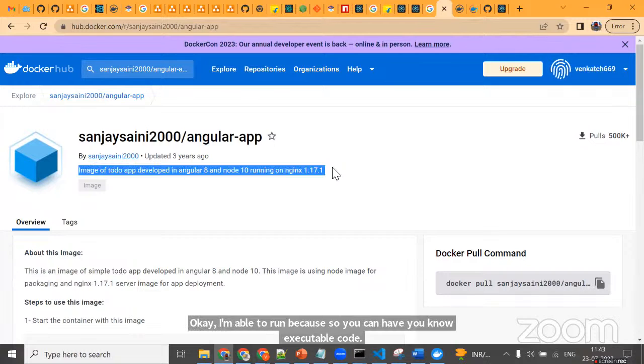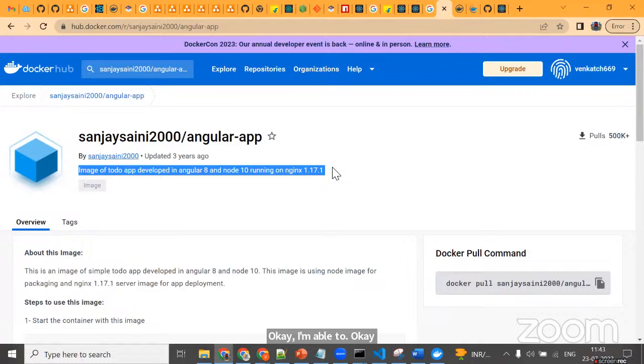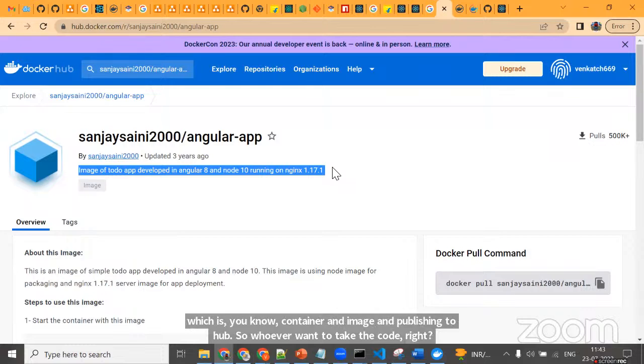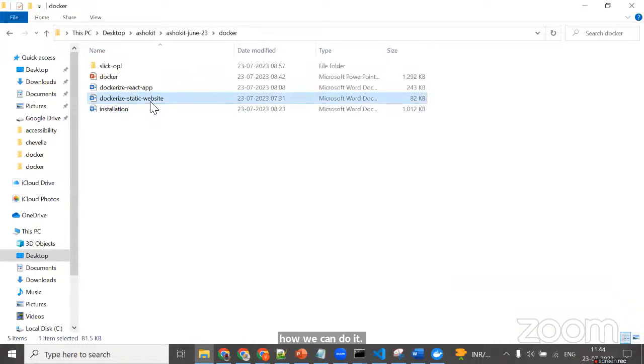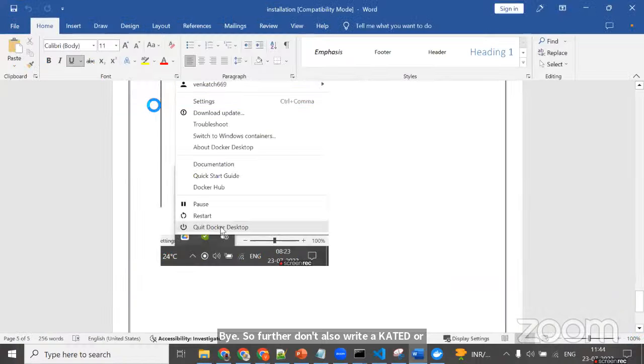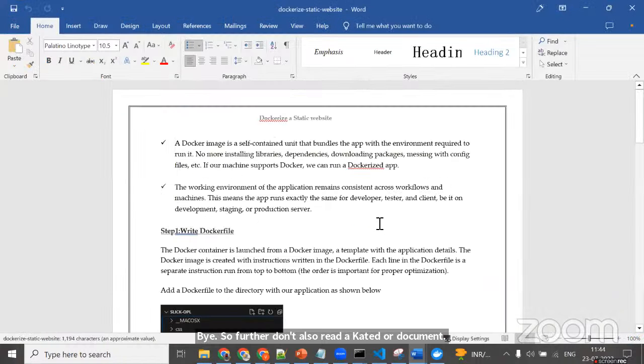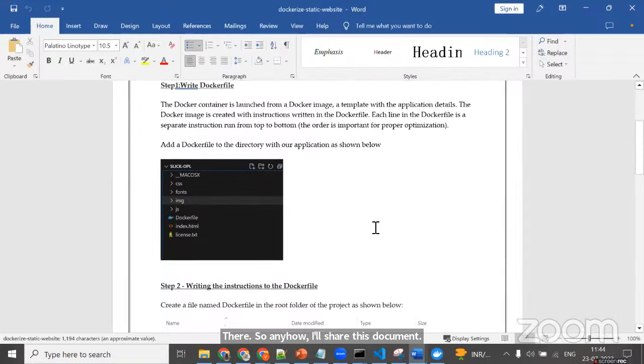Let's make our application Dockerized, as a container and image, and publish it to the hub. So whoever wants the code can take it from our Docker Hub and install it. Let's see how we can do it. Further down, I created a document, and I'll share it. First of all, if you want to make any application a Docker container,